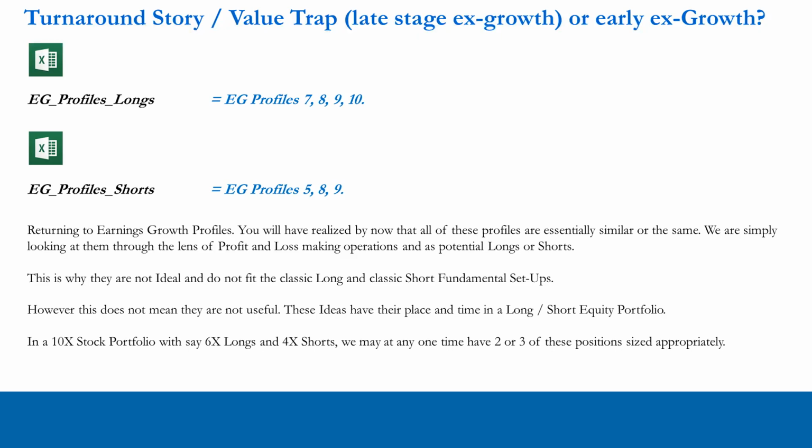When we look at these profiles, so when we refer to our profiles 7, 8, 9, 10 in the long earnings growth profile download, and we refer to 5, 8, 9 in the download for earnings growth profiles for shorts,